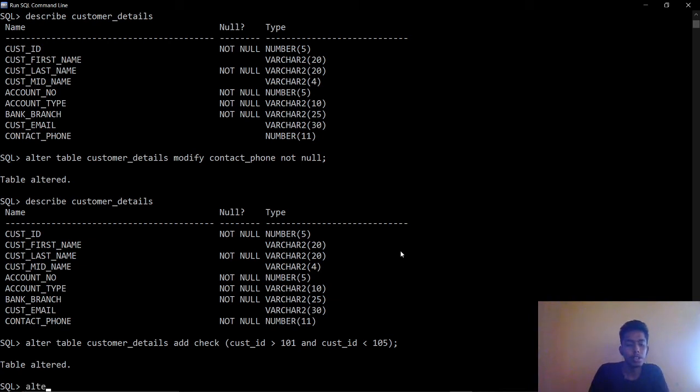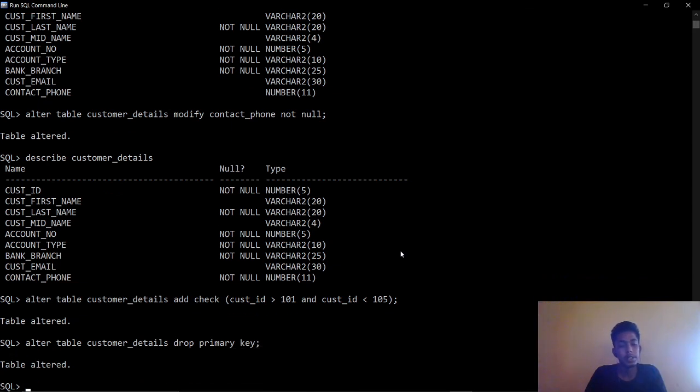So you alter the table and simply drop primary key, without even specifying the column, because the attribute account number has the primary key, but it can be done without specifying the column. The table is altered.